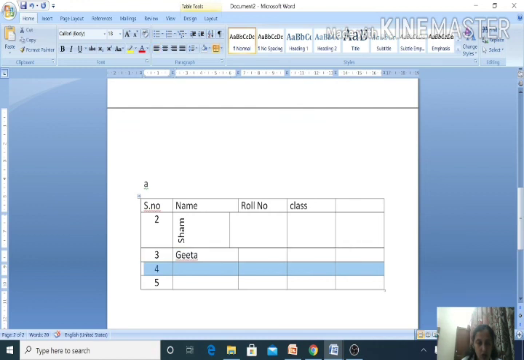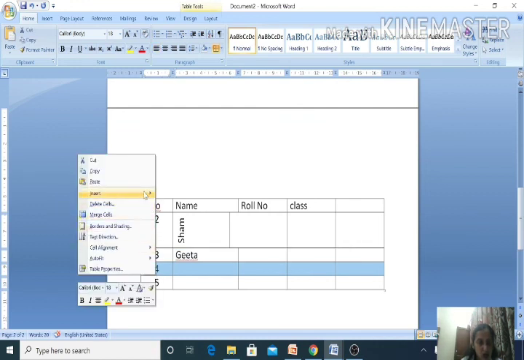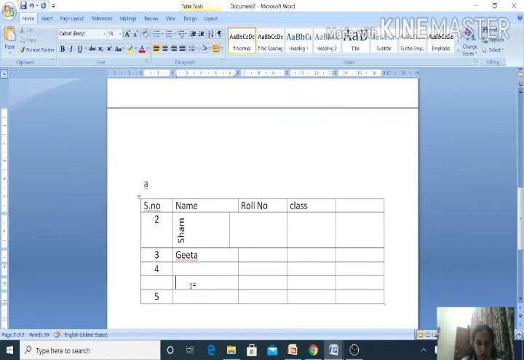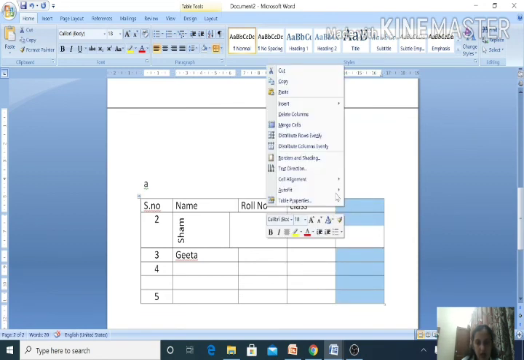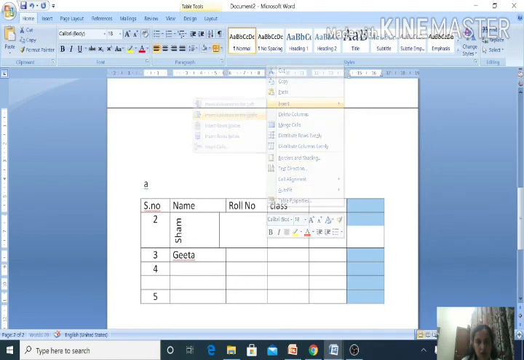As I'll show you, if I am going to insert a row, from the insert tab I have to click on insert rows below. तो you can see यहाँ पे एक नई रो आ गई है. Similarly, अगर आपने यहाँ इसके बाद एक column insert करना है तो you will right click on this and you will click on insert tab, then you have to click on insert column to the right.